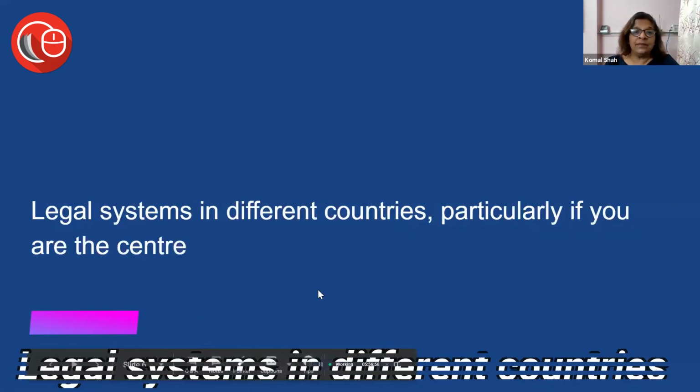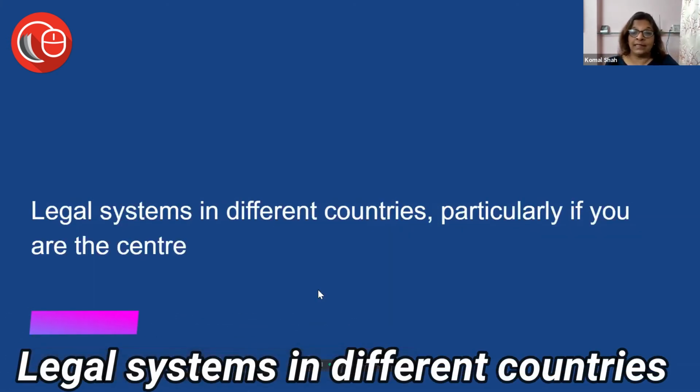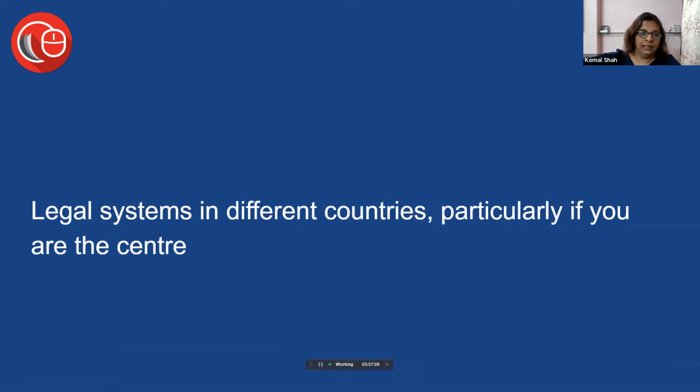Legal systems in different countries, particularly if you are the center. If you are the center, naturally, when you are setting up an entity out of India, you already have other entities, but you are setting up an entity in another country. Obviously you will come to know how entities get incorporated in that country, what kind of taxes they get subject to, what kind of business licenses they require, what kind of inspections they get subject to, how you close down entities in that country. All of these things you will get exposed to, because